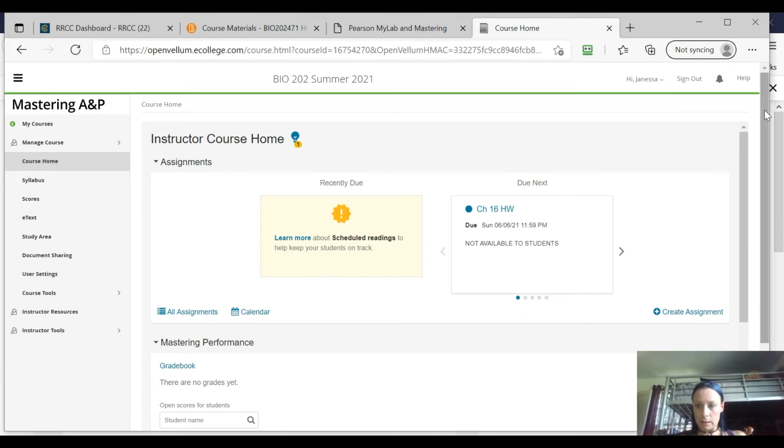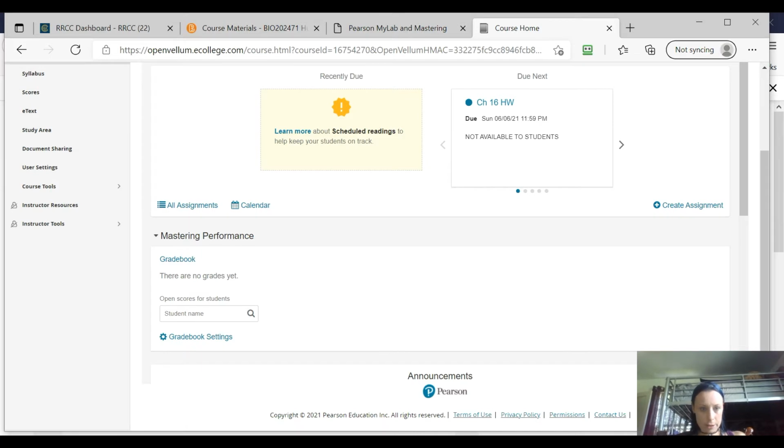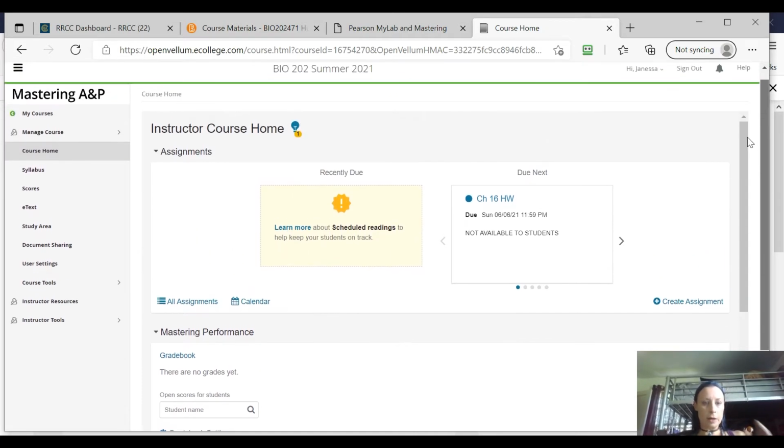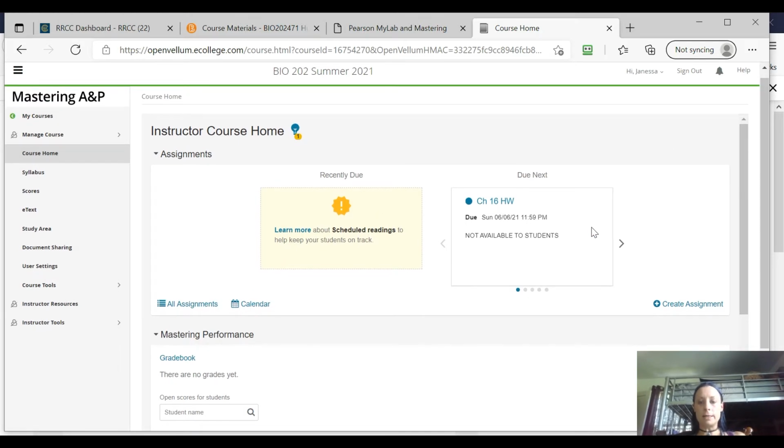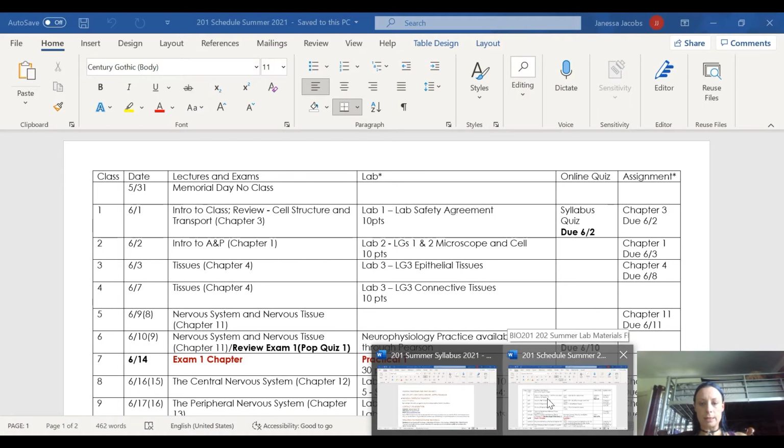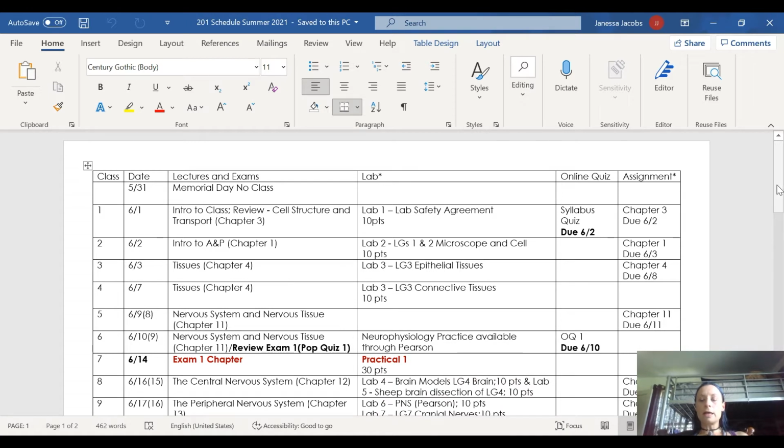I think our things are in opposite directions, but that's not quite working. So let me just show you what you're going to do. So your assignments will all be listed here, and their due dates will be posted here. So on your class schedule, there will be one due date. I'm going to show you this class schedule really quick. Your class schedule is found under the Contents tab. I'll show you that in a minute, but what it has is your dates, what you're doing in class, the lab you'll be doing, anything that's due, and your assignment.